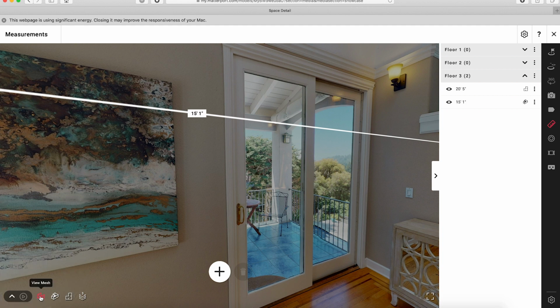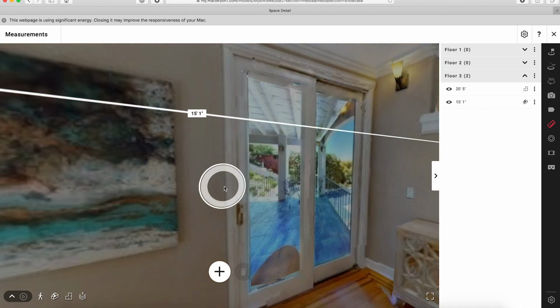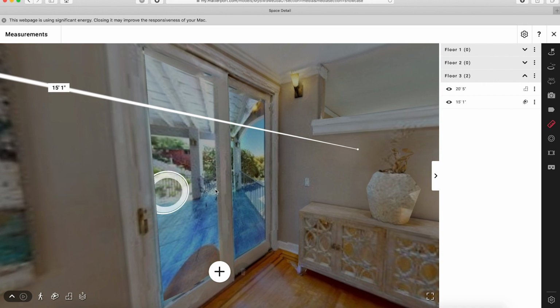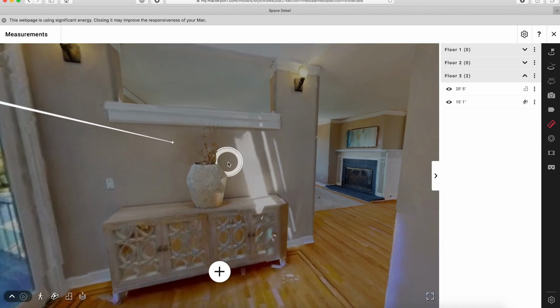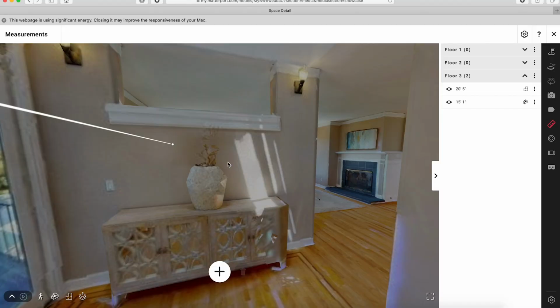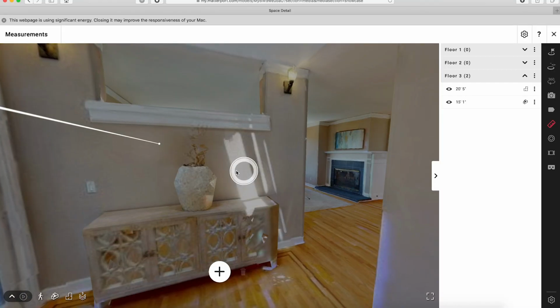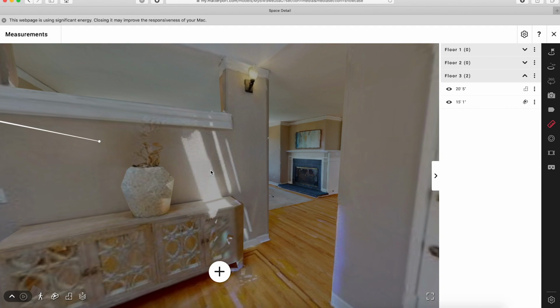I'm sure a lot of you have already seen this and have wondered, what is this view mesh? And so when I click this, it looks like, well, everything becomes blurry, but nothing else really happens. So what is happening is that you don't see the 2D panoramas that are actually wrapping the 3D mesh. Right now, what I'm seeing in this shot is the 3D mesh only.